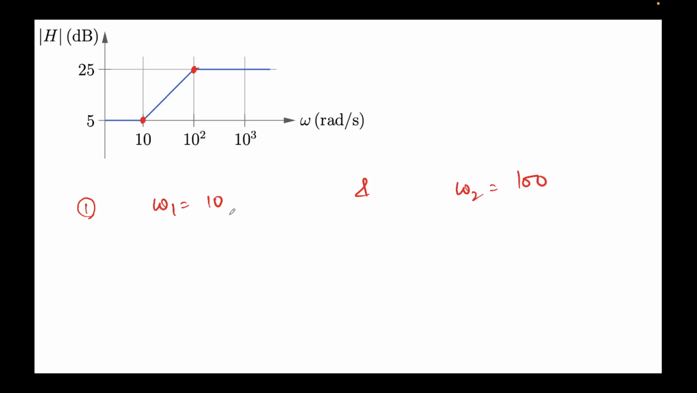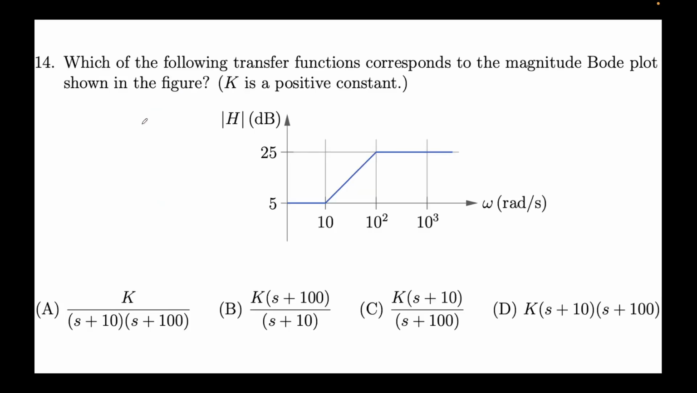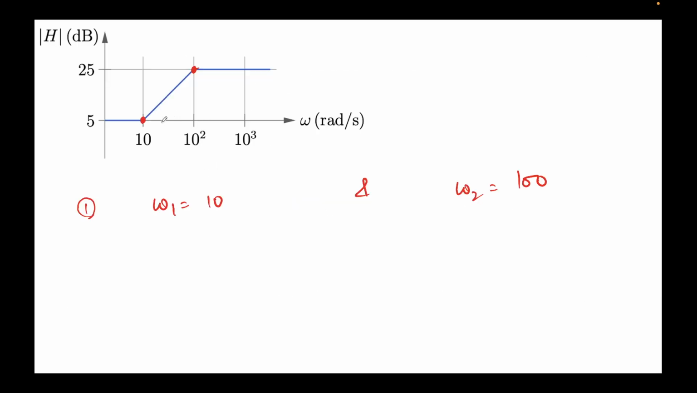Okay, so omega 1 equals 10, right? And I can see that the slope is rising. What this would mean is that at omega equal to 10 there must be a zero, then only the slope can rise. Yeah, at omega equal to 10 I must have a zero, then only the slope can rise. Okay, so this implies, and I notice that the slope is rising